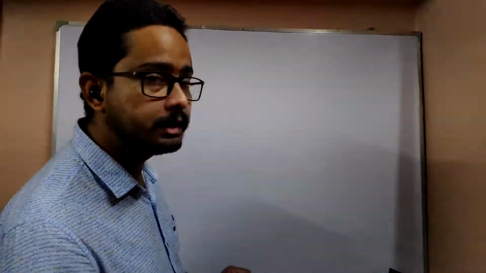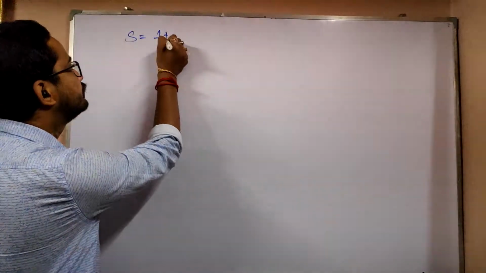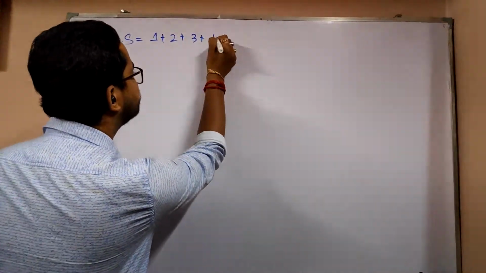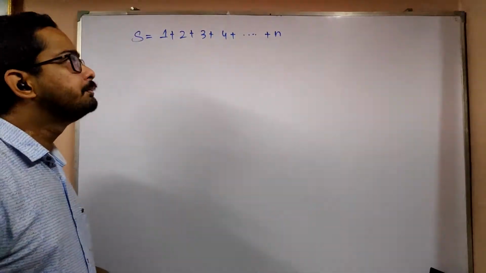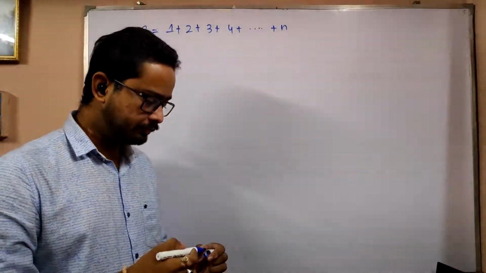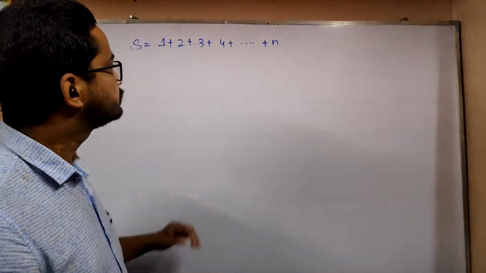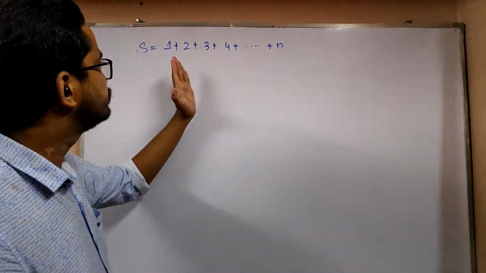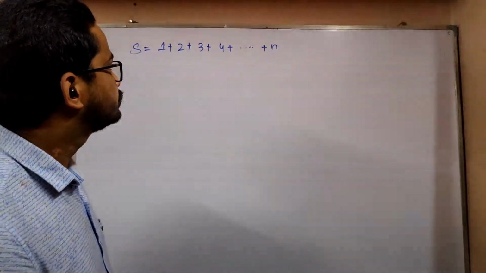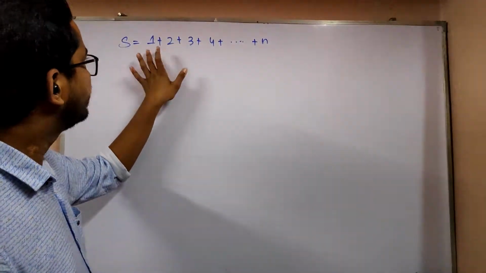Today let's start with the flowchart with loop. Let's see how to do it. Suppose this is a question: s equals 1 plus 2 plus 3 plus 4 plus dot dot dot plus n. The meaning of this question is, if the user enters the number of terms, suppose up to 4, that means 1 to 4 will be added. That means 1, 2, 3, 4 will be added and the result will be shown. The result will be 4 plus 3 is 7, 9, and 1, 10.